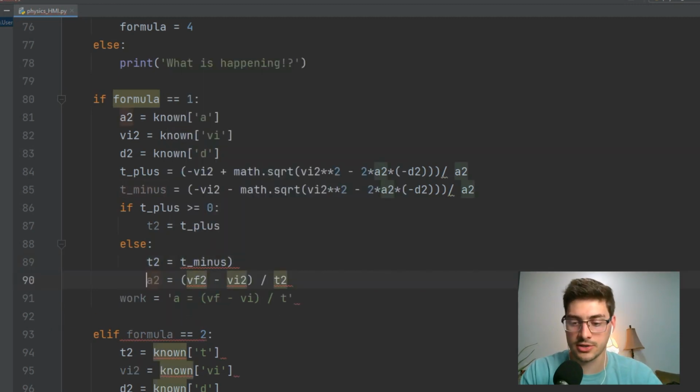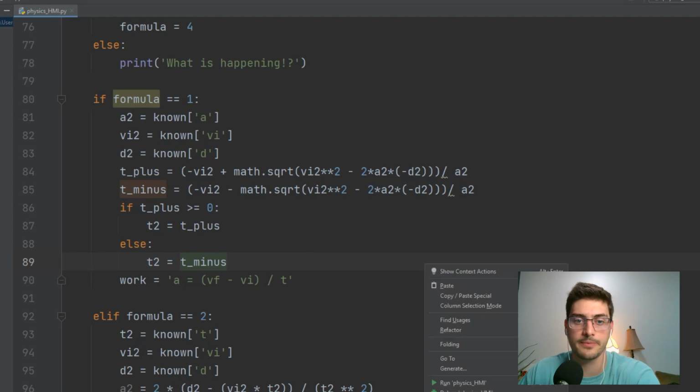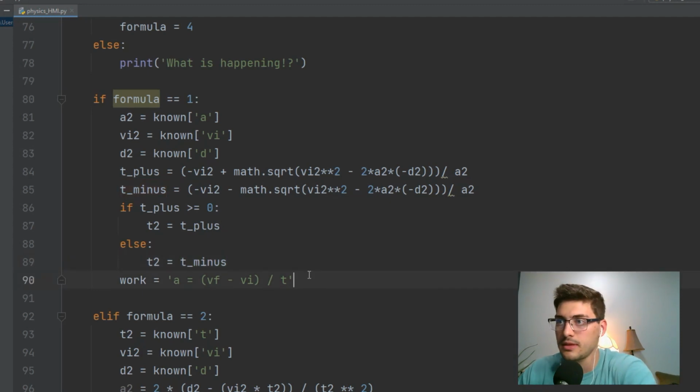You just automated the quadratic equation inside of automating a kinematics function. So you guys are so smart. Okay. Now the work for that one is kind of a pain in the butt, because I do think that